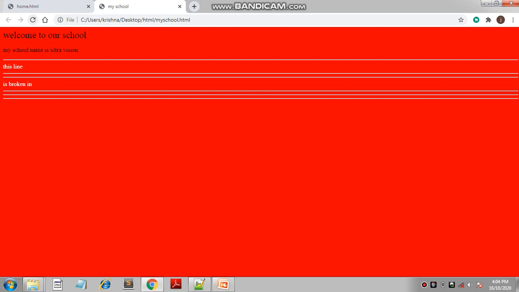So this is the code to set a background color of red, give a font color for the whole document or the whole web page, for a particular sentence change the font size, and a horizontal line between